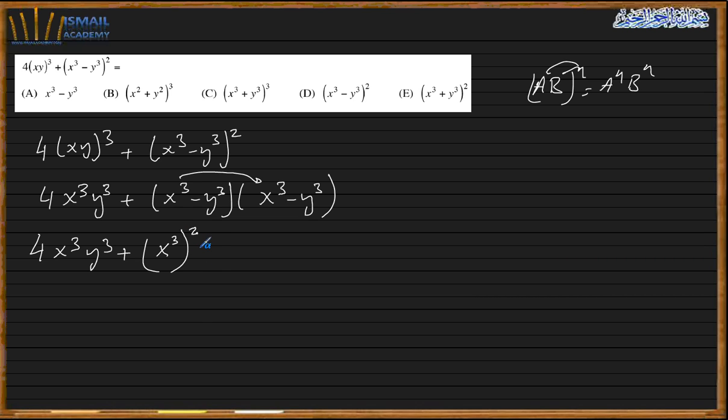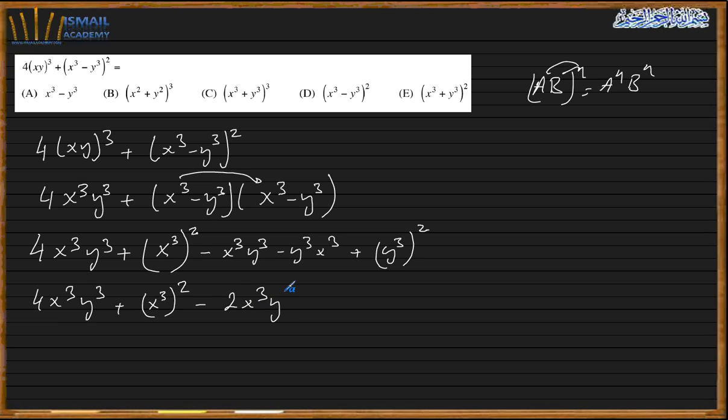So now I have minus x cube y cube minus y cube x cube plus y cube squared. Now I got 4x cube y cube plus x cube squared minus 2x cube y cube